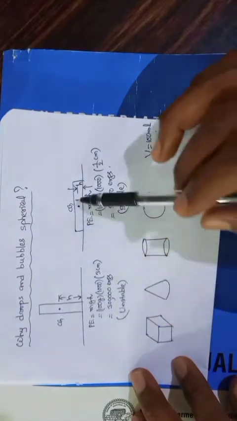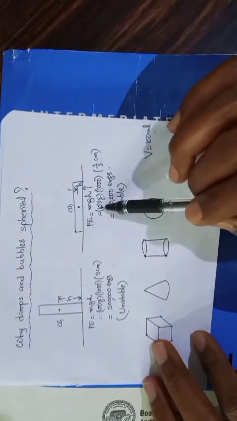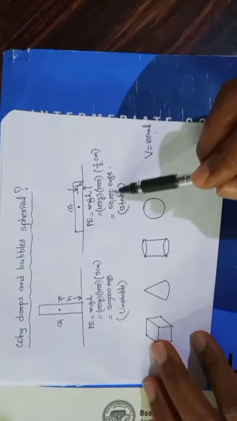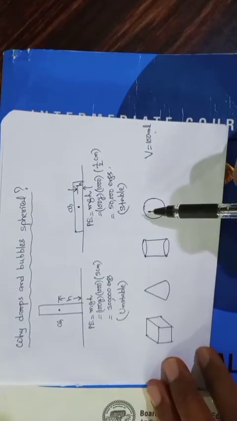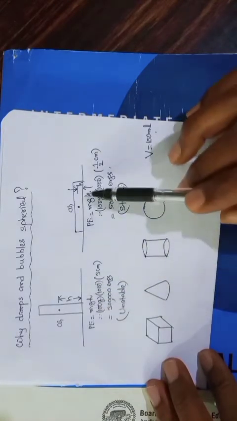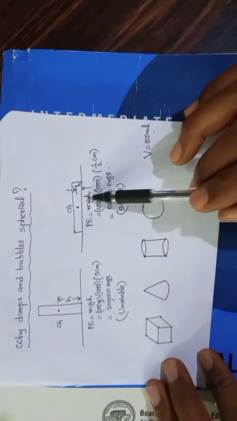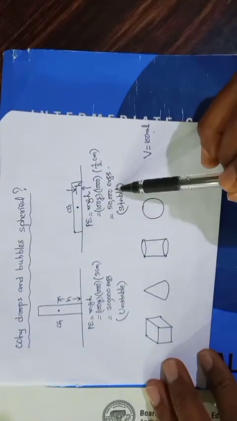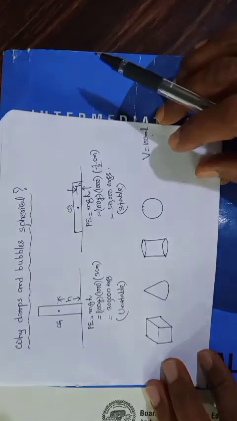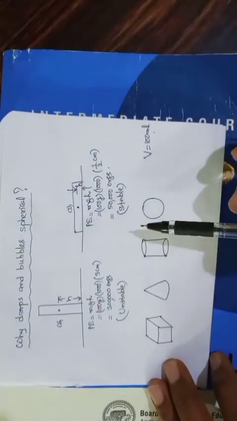The same object when kept like this, the height is just half centimeter. Mass and G value same. And potential energy became just 50,000 ergs. See, which is more stable compared to this? This is more stable. Why? Because compared to this, it has lower potential energy. Lower the potential energy, higher the stability. So now let us come to the drops and bubbles.